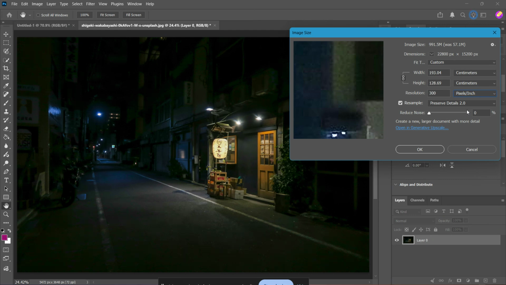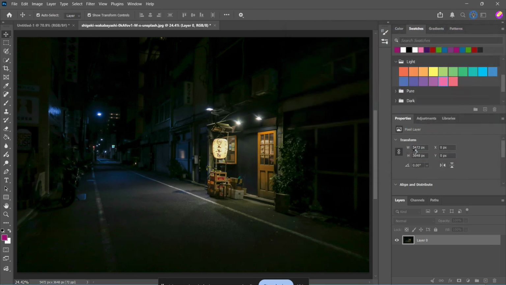As you make these changes, keep an eye on the width and height values. If resample is off, those values will change automatically as the resolution changes. If resample is on, the pixel dimensions may change instead, depending on the settings you choose. That's why this panel is so powerful, but also why it's important to understand what each option is doing. Once everything looks correct, click OK at the bottom of the panel to apply the new PPI settings. Photoshop will update the document based on the mode you selected, and your image will now be configured for the